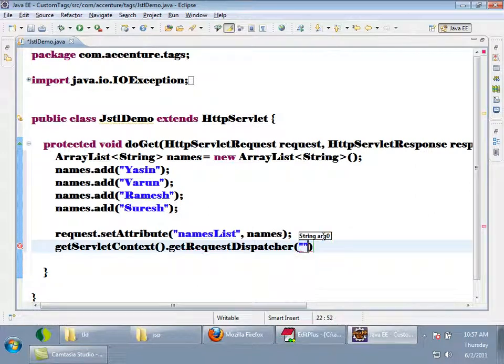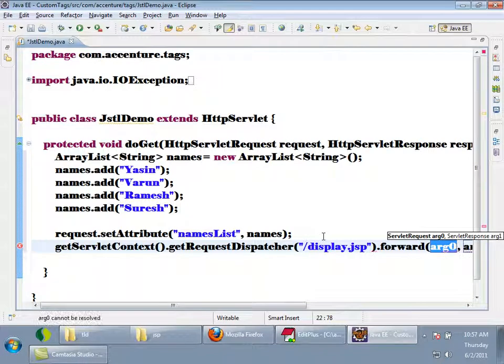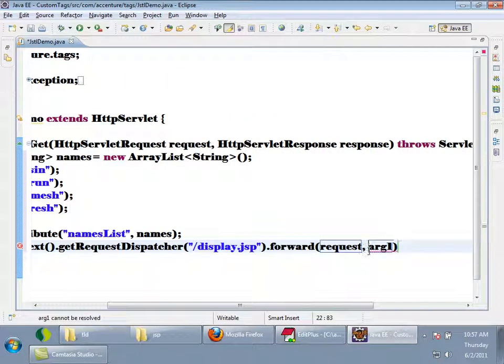For the JSP I want the JSP name as /display.jsp, dot forward. I'll use request and also response.